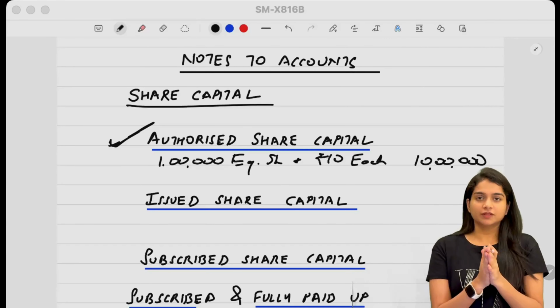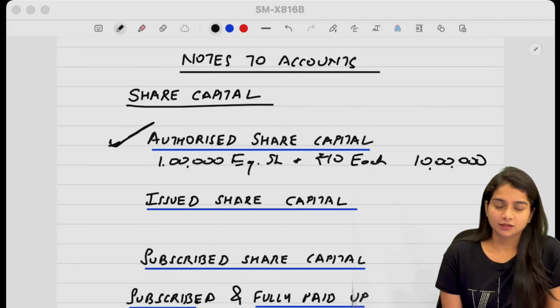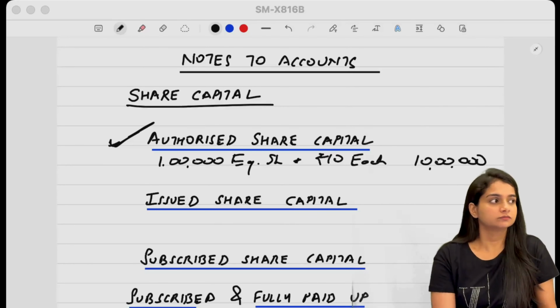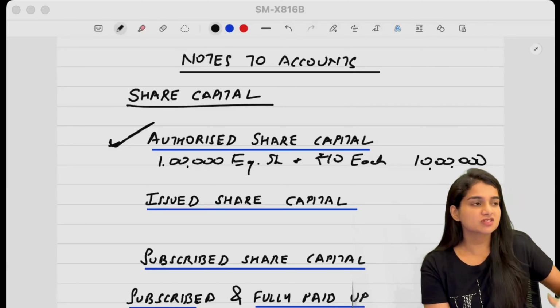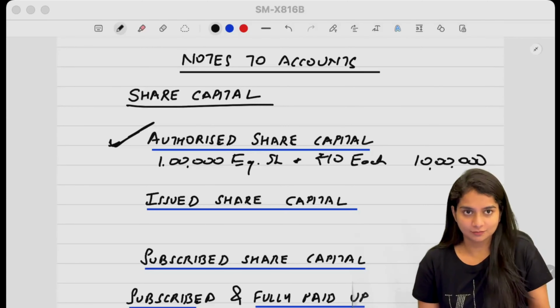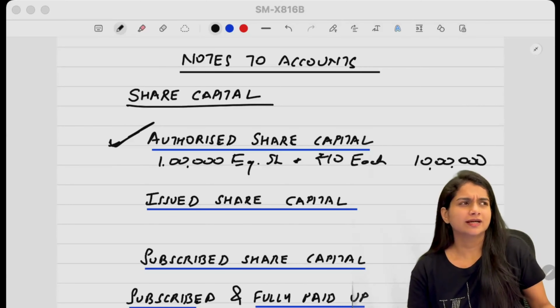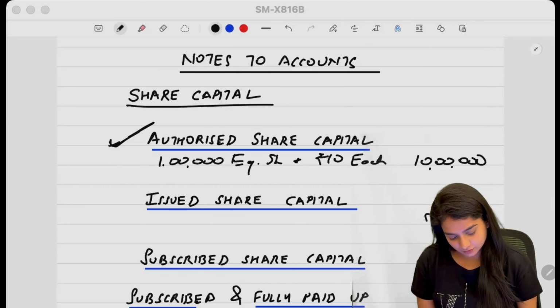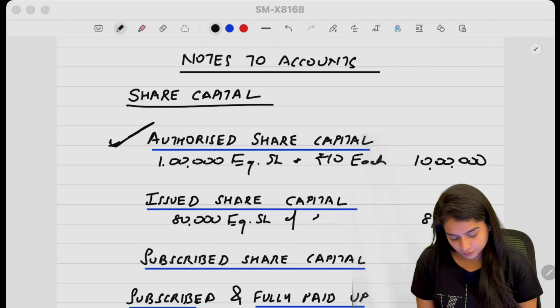Now remember, in the lifetime of the company, I can raise 10 lakh because that much I have asked permission for from the government. It's possible that right now when I'm starting work, I might not require the whole of the 10 lakh. Maybe I just require 8 lakh. So I'm going to issue 8 lakh here. So if I want to get 8 lakh as my amount here, I will do 80,000 equity shares of rupees 10